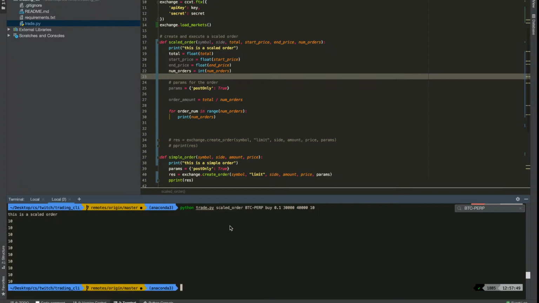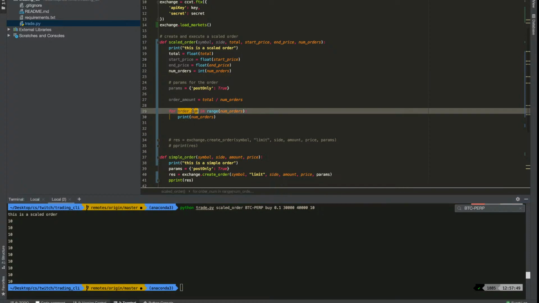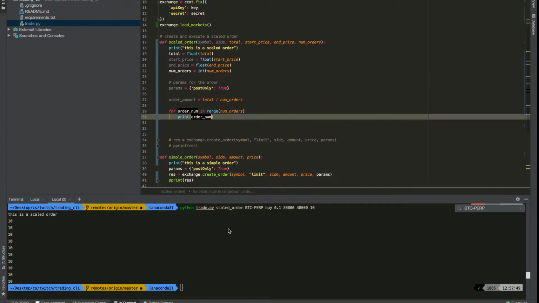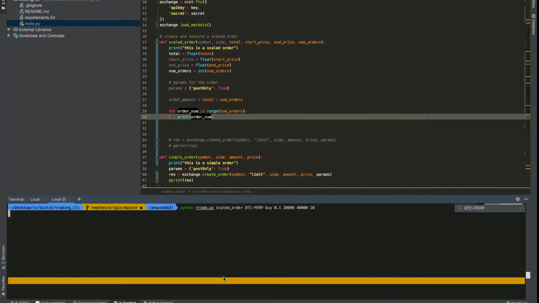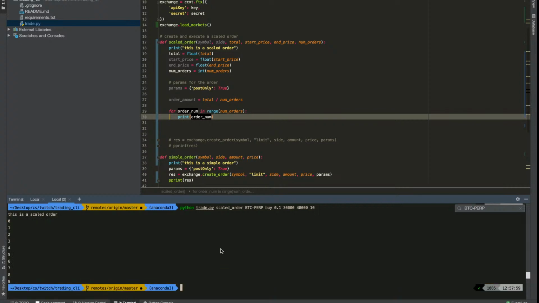What is wrong? Oh, I'm printing the wrong thing. I want to print order number. So now, here we go. Order number, here we go. 0, 1, 2, 3, 4, 5, 6, 7, 8, and 9. So as you can see, we're iterating over the number of orders, and we now have the number for this